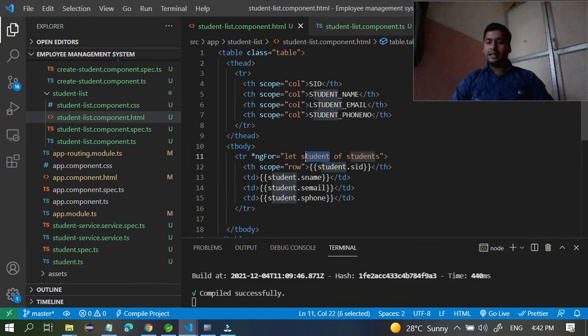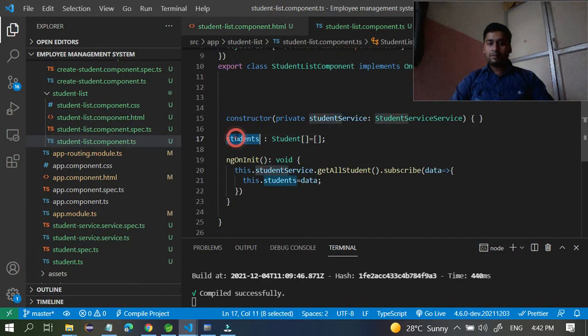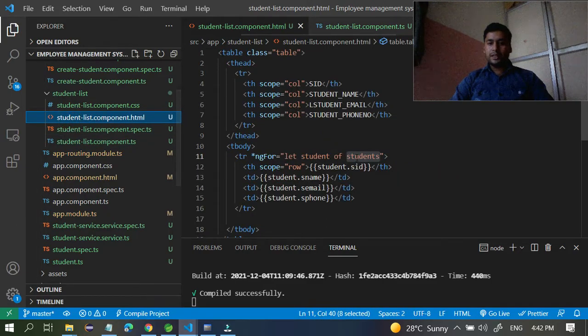Here you can take anything, student, s, or anything. This word is nothing but whatever object you mention here. If this one is s2, then you have to make sure it is s2 here. So this is one of the variables, and one by one we store one student in this student.